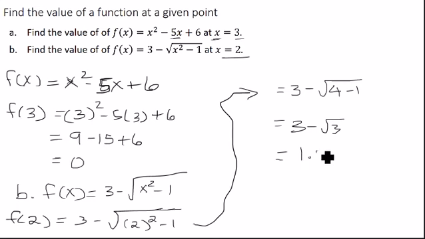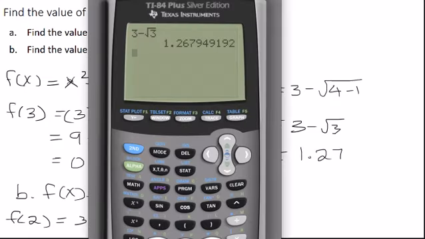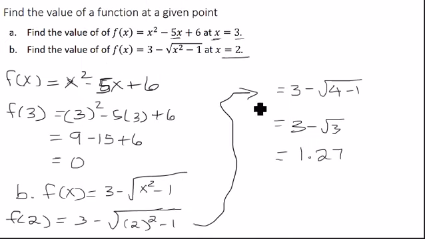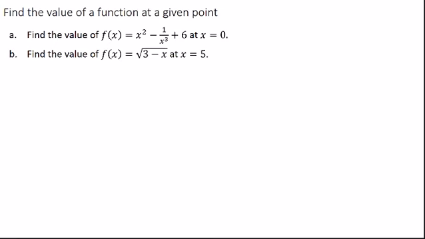So the answer is going to be 1.27, because as you can see we are rounding it to 2 decimal places. Now you can round it to any decimal places, but 2 decimal places is what we want to do at this time. Alright,